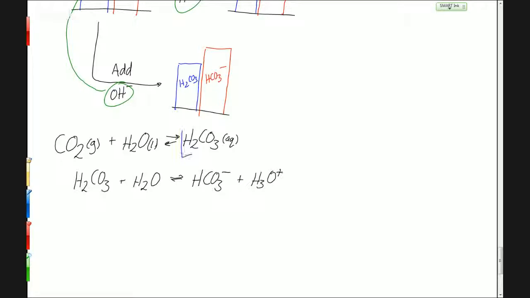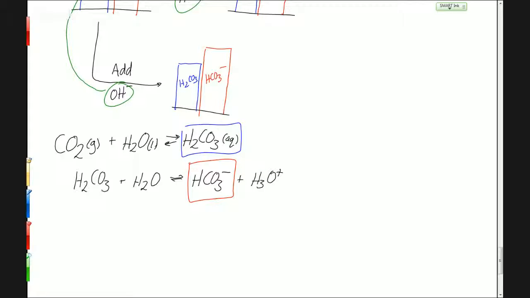So there's our two parts from the buffer we just talked about. When carbon dioxide from our body, from the waste of our respiration, is produced into the bloodstream, it dissolves in the bloodstream and forms H2CO3. That H2CO3 then goes and forms the base, and now we have a buffer. So those molecules exist in our bloodstream to help control that pH and keep it in that 7.35 to 7.45 type range. This also means that having too much or too little CO2 is going to affect the buffering capacity